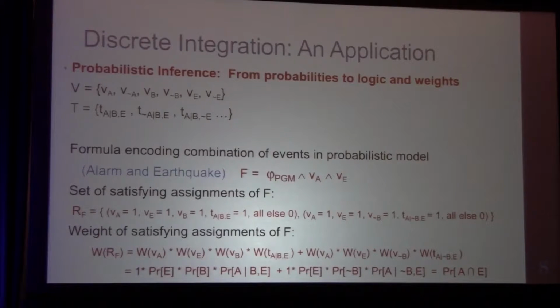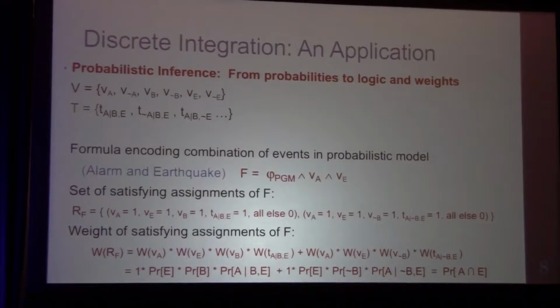And now let me try to calculate the weight of the satisfying assignments. So there are two satisfying assignments. Then, we have already said that we'll take the weight of the satisfying assignment to be the product of the weights of the literals. So if you just do that, we get a sum of two products, and then remember how we set the value of the weights. They were basically the probabilities from the CPTs and the probabilities of the independent events. So you basically get the sum of these two products of probabilities, and this is exactly the probability of